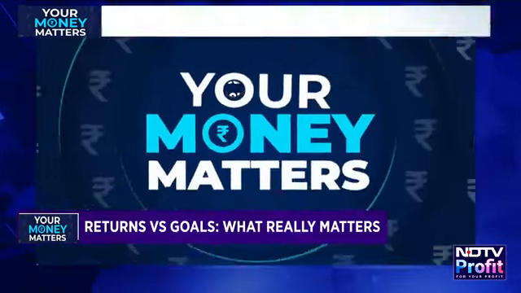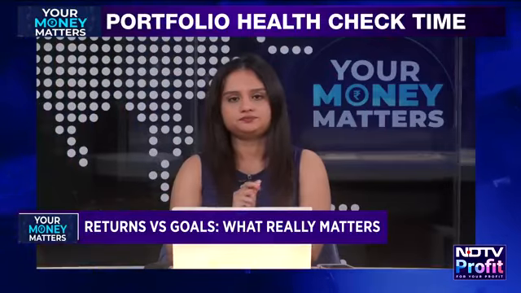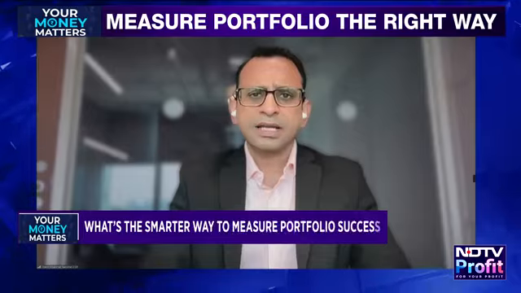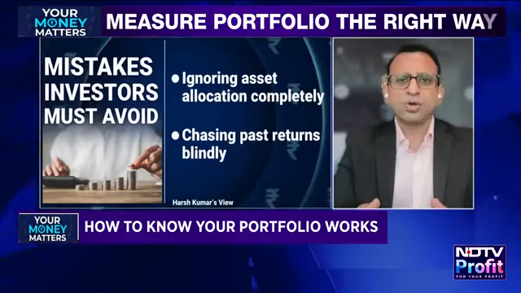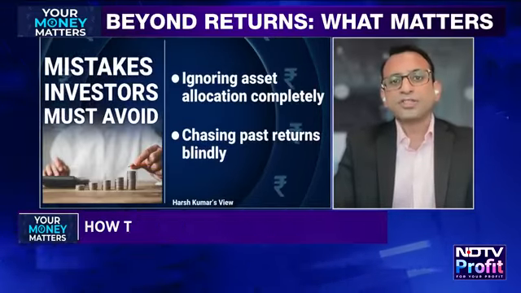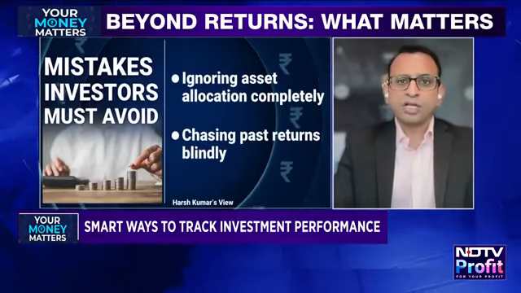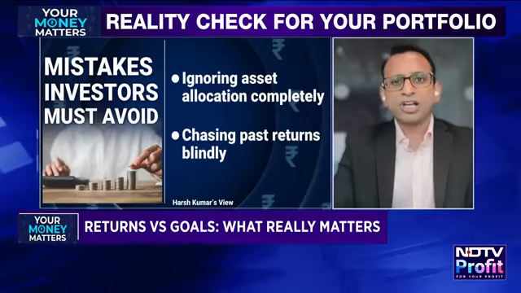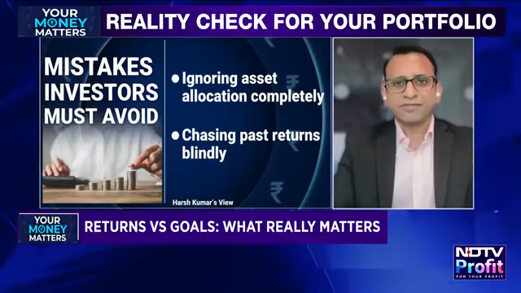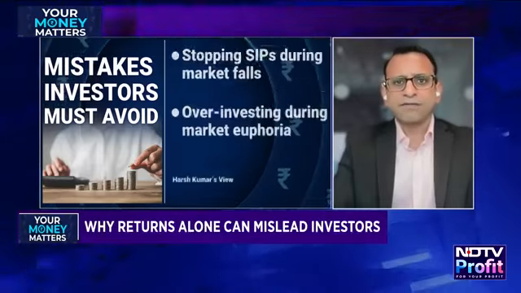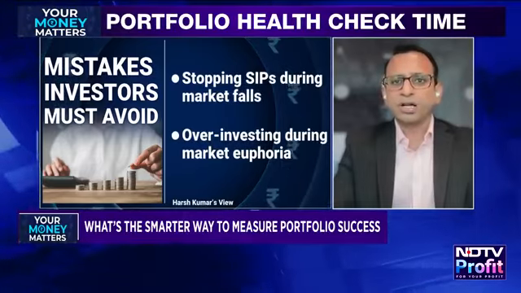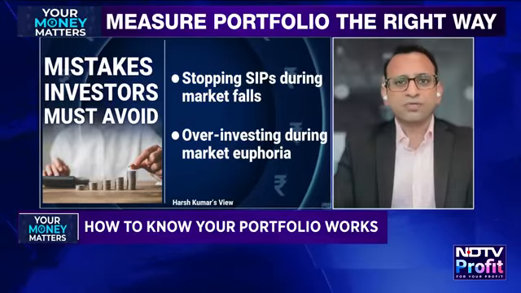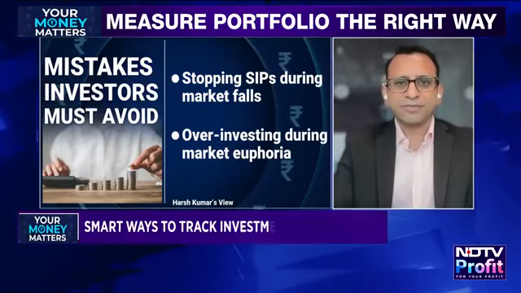Okay. How does an investor avoid over diversification, Harsh? So there are two ways. One is looking at the correlation between the funds. You can check it yourself or you can take professionals' help to decide whether the correlation is high or low. Second is you can look at the overlap of the stocks in different funds that you have. So ideally, high overlap and high correlation means you are not truly diversifying. And like I discussed earlier, if your two funds are moving in the same way when the market is going up or coming down, then you don't need those two funds. You can do justice with one fund itself.